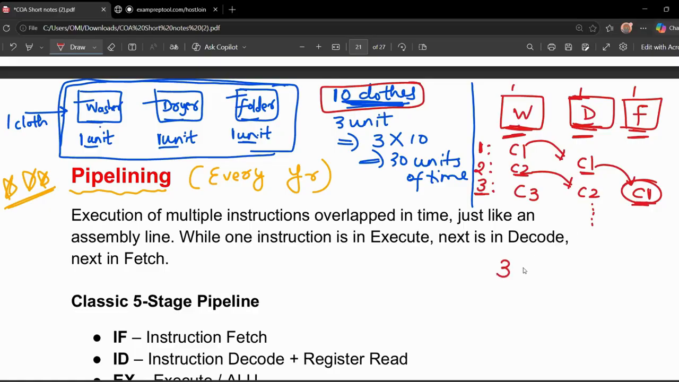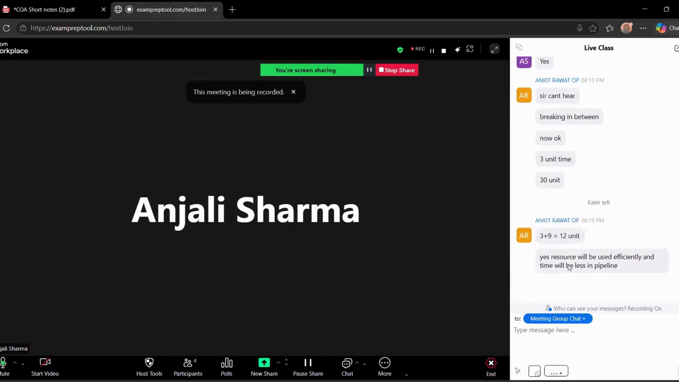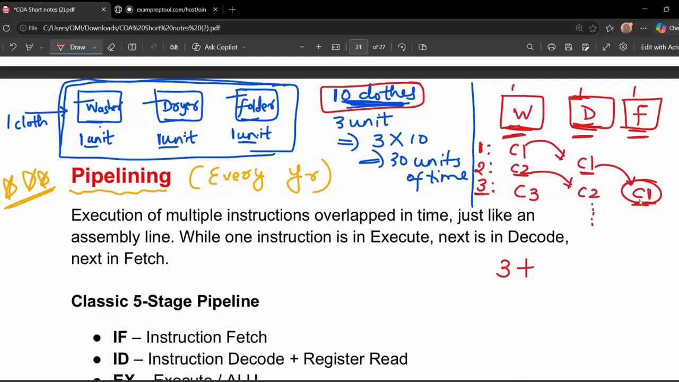Three time, right? Three time plus how many clothes are remaining now? So one cloth we already processed, right? One cloth we already processed. So nine clothes are remaining. So nine clothes. And now if you see from the fourth cycle or fourth unit of time,